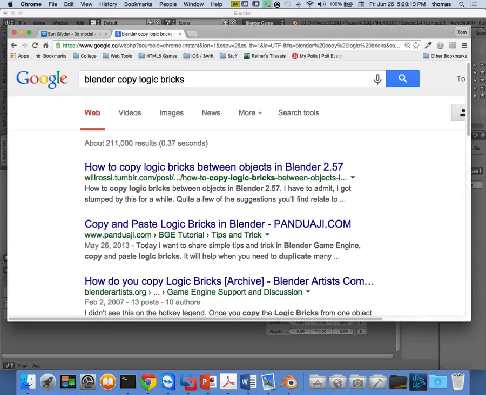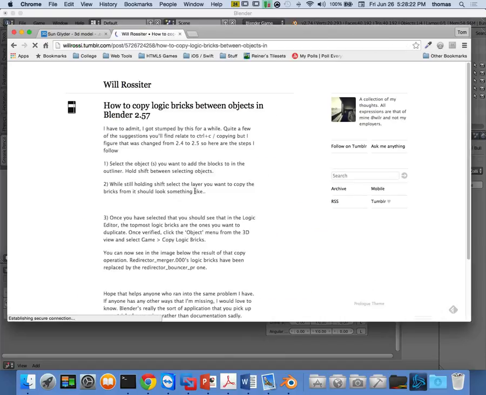This will do it. If I copy my logic bricks, I can actually do them myself by hand too. If I add the same ones in, but I want to between objects in Blender. This is what I want. It says